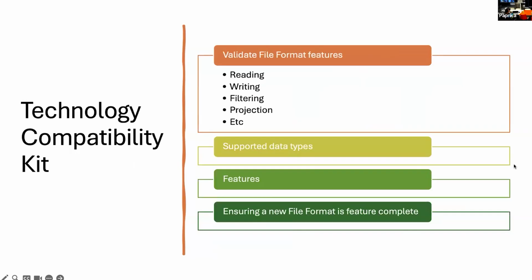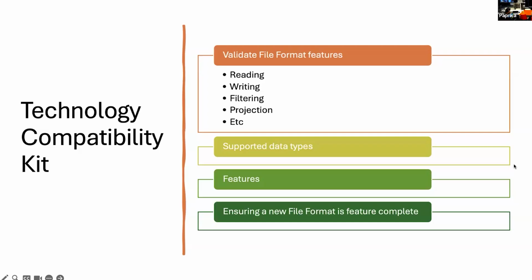What we are also planning to do after it gets in, we would like to create a technology compatibility kit. TCK basically would like to create a way to validate a new file format. So we created a unit test set. With this unit test set, you can run against your own file format model, and you can validate that, okay, I'm doing everything which is specified in an Iceberg specification, so I can fully read and write an Iceberg